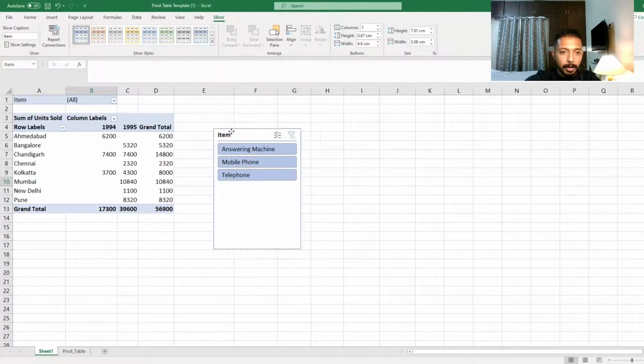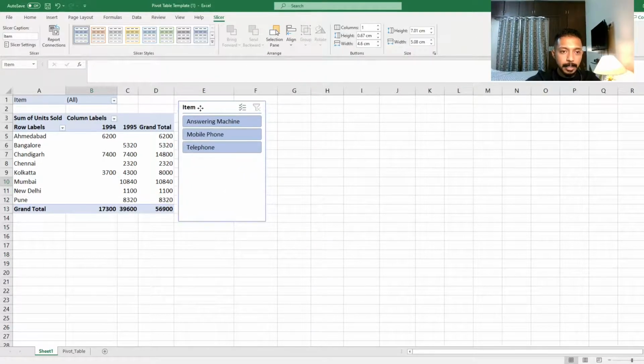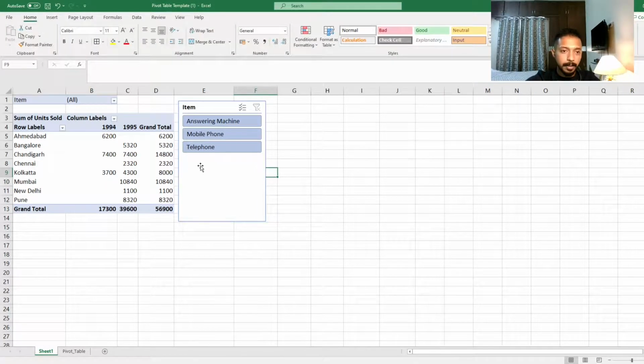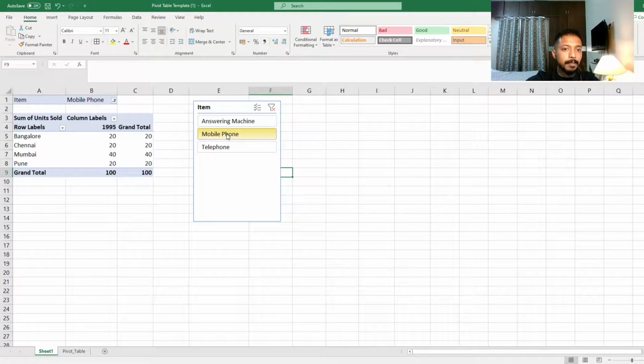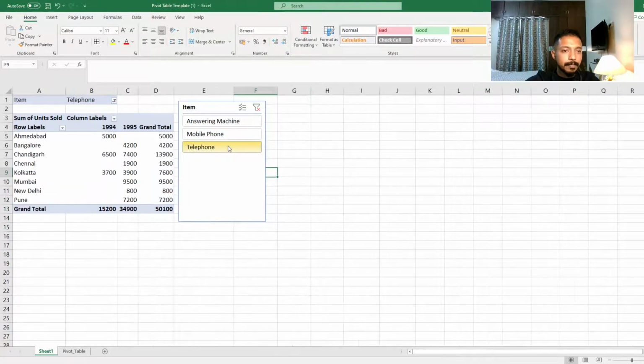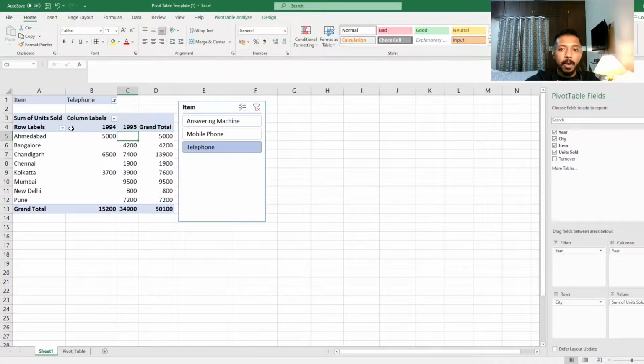Now what I've done is I've given a nice dashboard out here. The user of the model can do just one thing, select answering machine. There you go. If he wants to see mobile phone, he can just select mobile phone. If he wants to select telephone, he can just select telephone. Now also what you could do is add a chart functionality to this. That's where I was telling you,